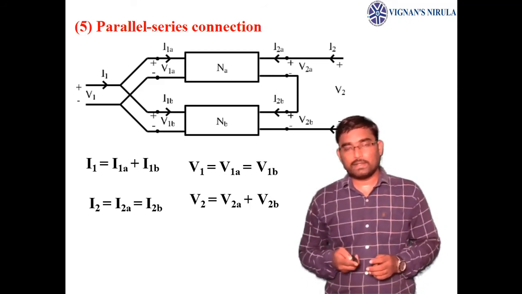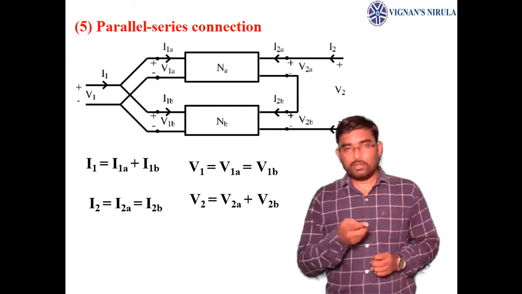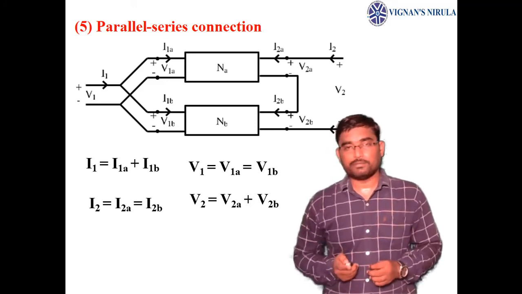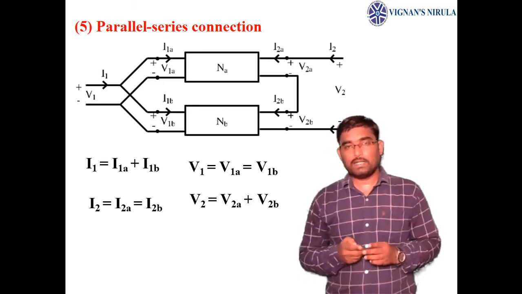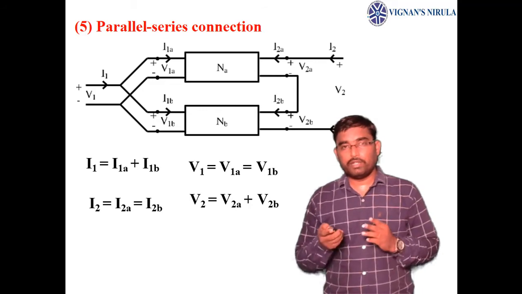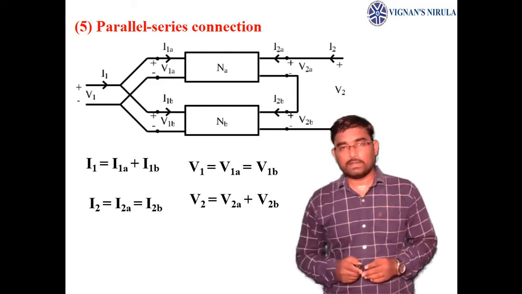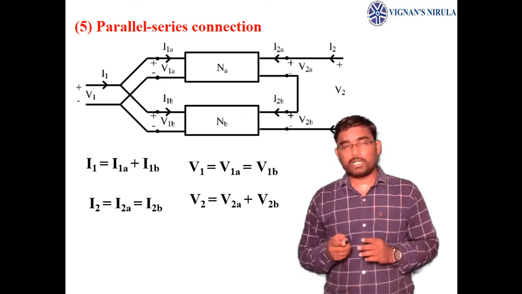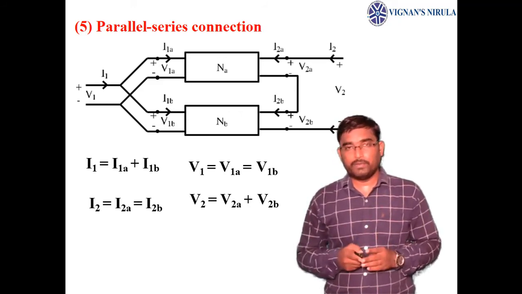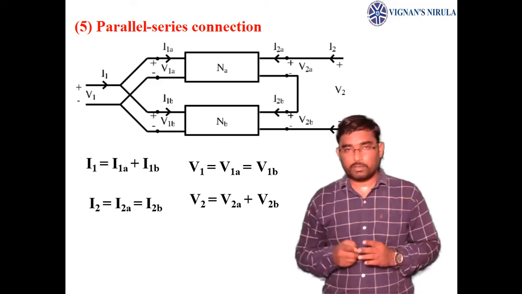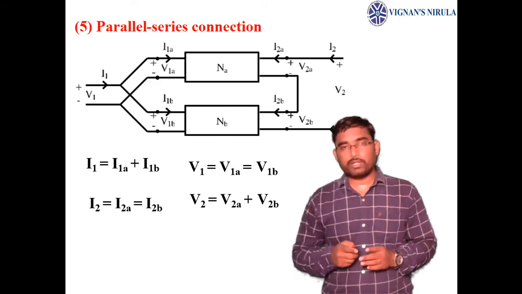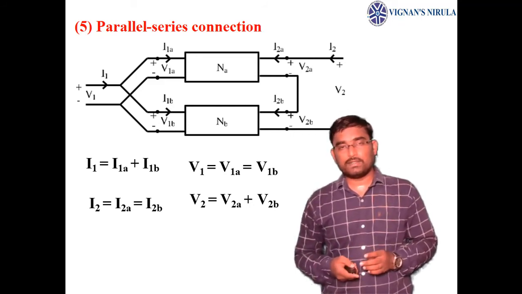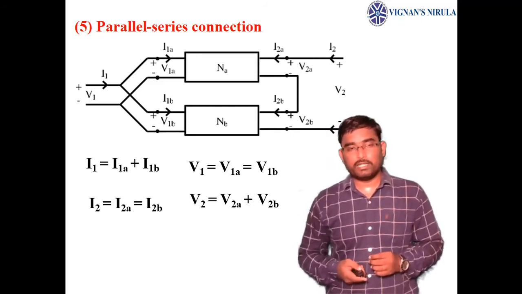For the overall parallel series connected two-port network, the input variables are V1, I1 and the output port variables are V2 and I2. For this parallel series connected two-port network, we need to take the Z parameters for the analysis. That's why in the first step, we need to write the Z parametric equations for network A and the Z parametric equations for network B. After that, we need to write the relations that can be written from the figure. So here, what are the relations that can be written from the figure?